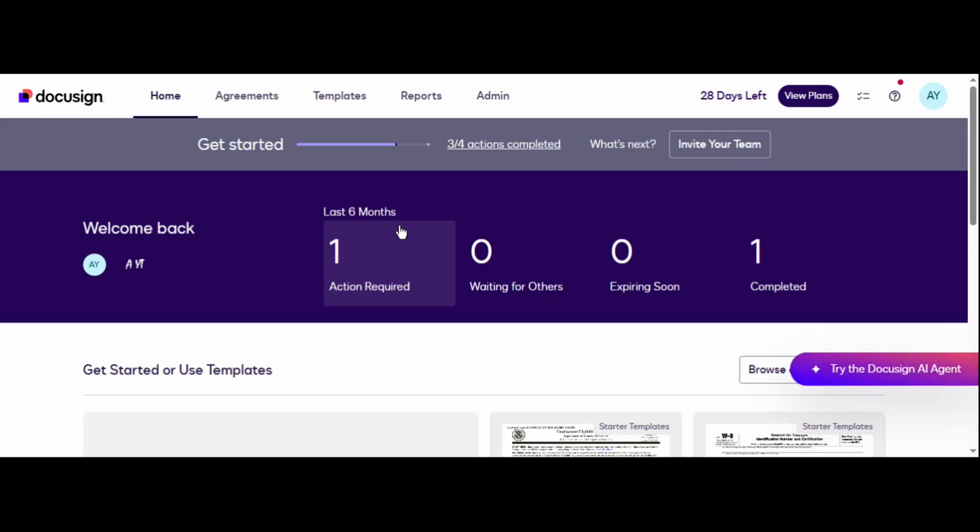In today's video, I'm going to show you exactly how to link and connect DocuSign to Salesmate CRM step by step. If you want to automate your document workflows, sync signed agreements, and streamline your sales process, this integration is a game changer. I'll walk you through everything in a simple and clear way,